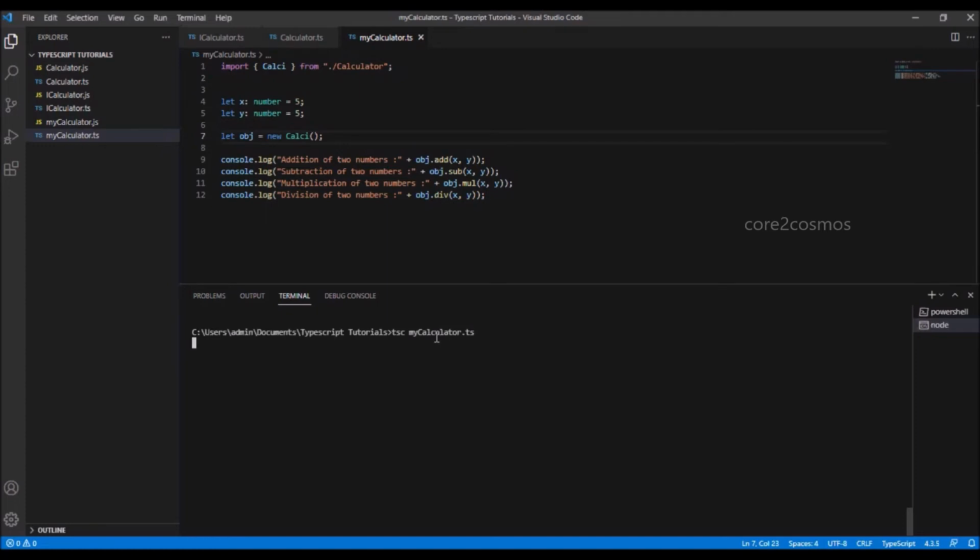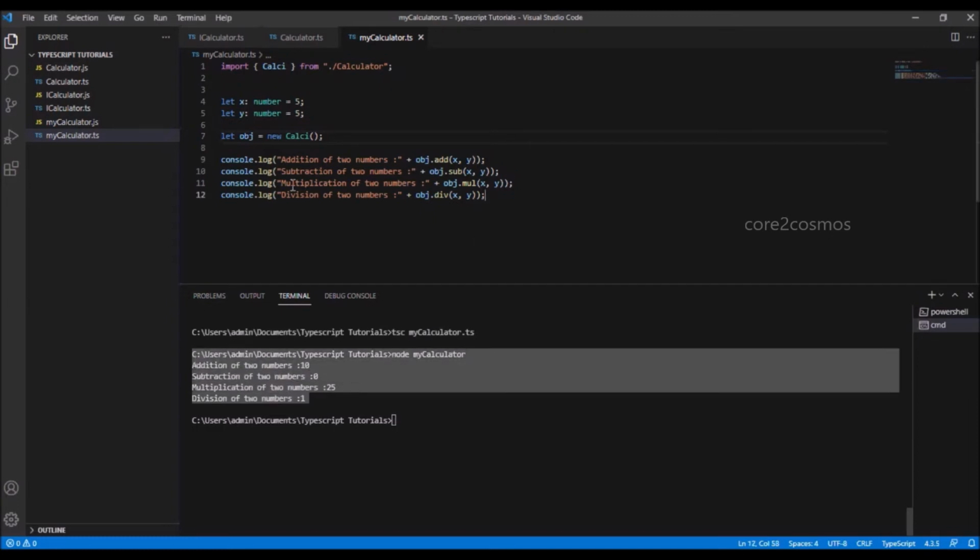Now when I try and run the program in the terminal window, I should see the same output which I saw when using the actual class name calculator. Creating an alias is purely for convenience for the programmer.